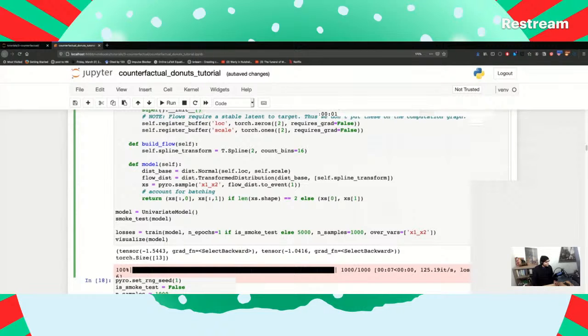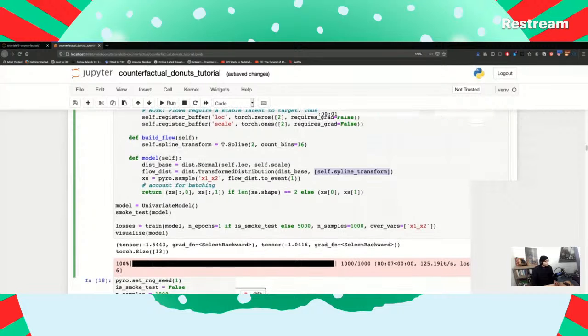So we sample from a normal distribution, we create a transformed output here. So this flow dist, which is a transform distribution that takes in this transform here. I wonder why it's a list. Can you apply a list of transforms?